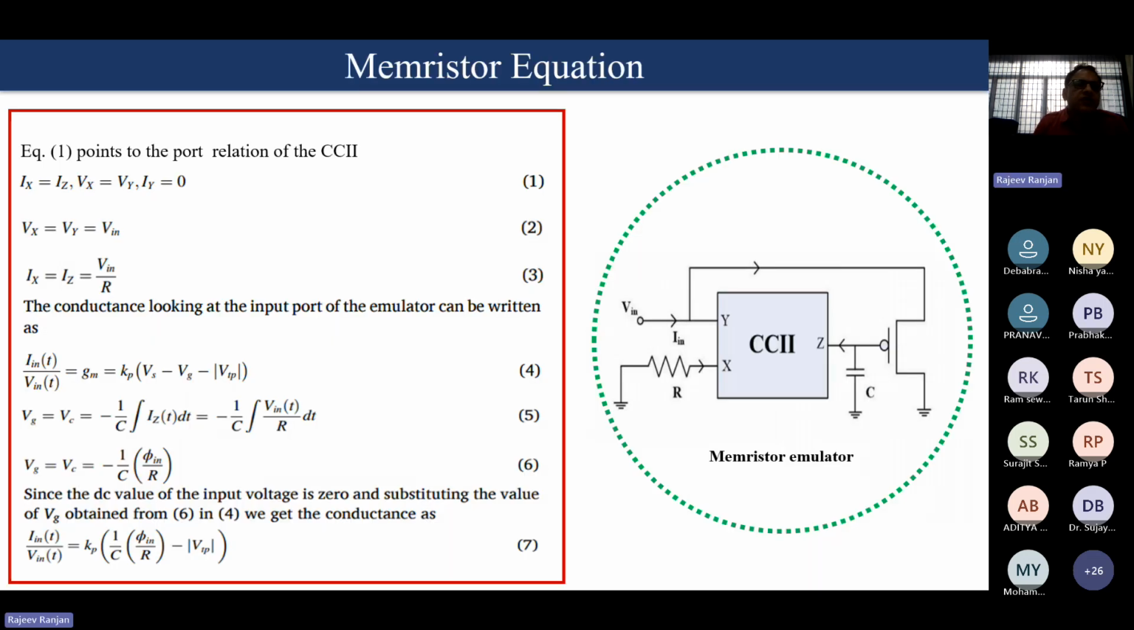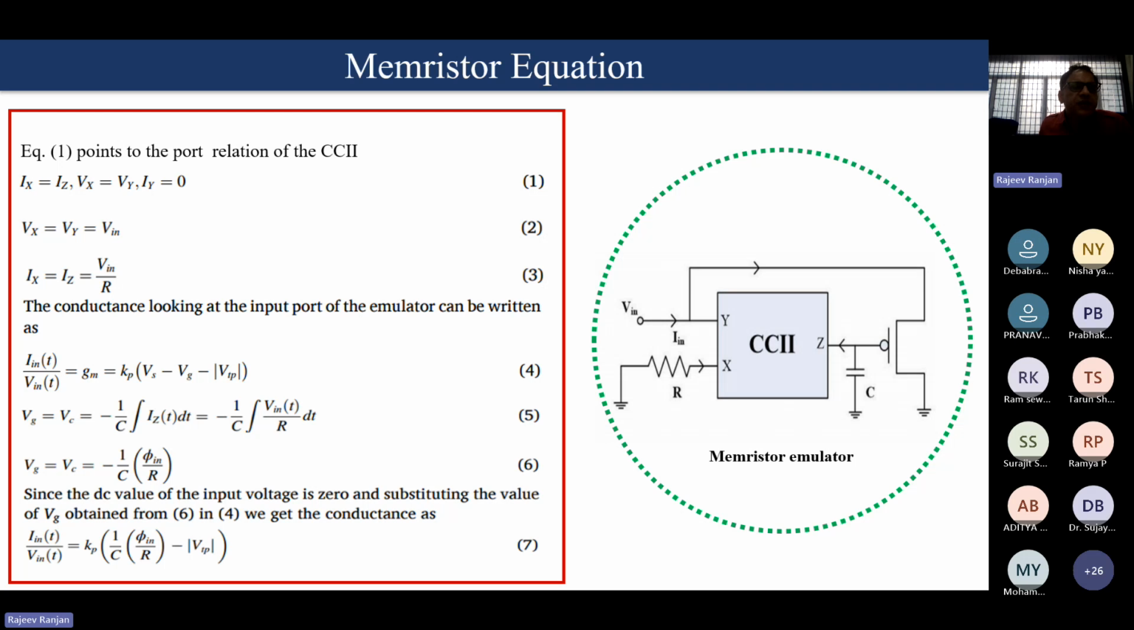Now, here is the Memristor emulator circuit. Here we have used one DDCC and one MOS. Equation 1 gives the port relationship of the DDCC. Here Ix equals Iz, Vx equals Vy, and Iy equals 0. So we can see Vx equals Vy equals V in, and Ix equals Iz equals V in upon R. So the conductance looking at the input port of the emulator can be written as I in upon V in